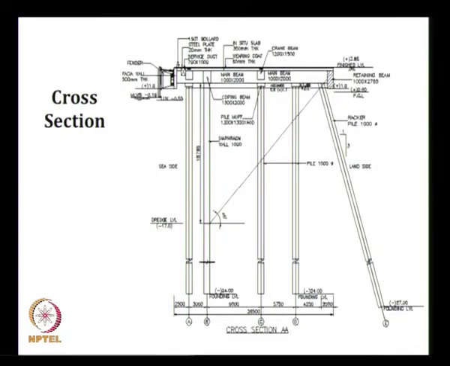Last class I showed a slide where a sheet pile wall anchored to a dead man diaphragm wall has failed. Nearby that location we have proposed the structure. Any structure which you are planning should have some redundancy. Redundancy means it should have some additional members, so that in case of failure of one of the members, the other members will take load.